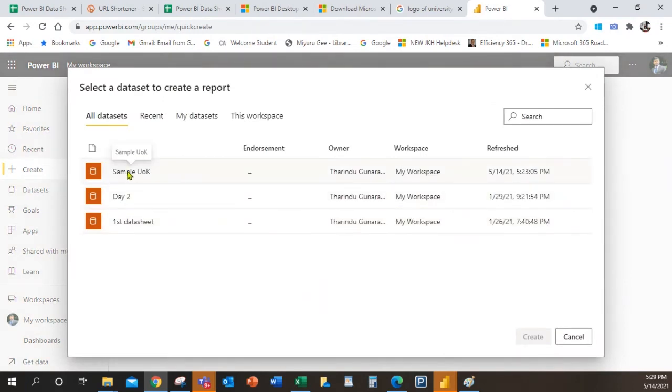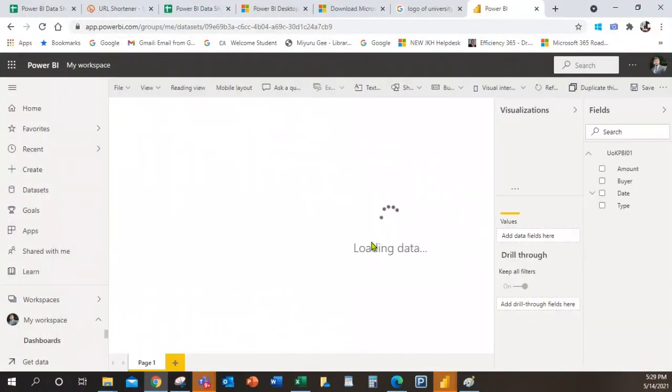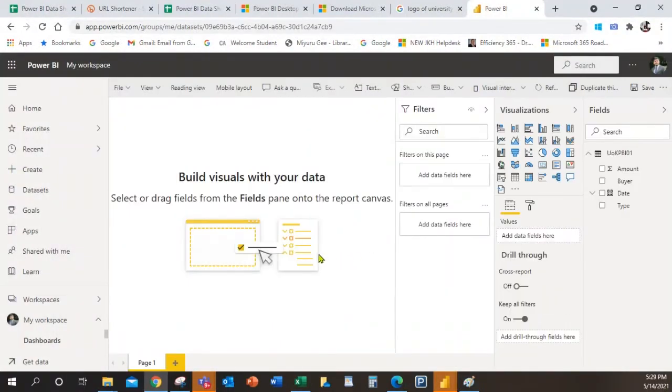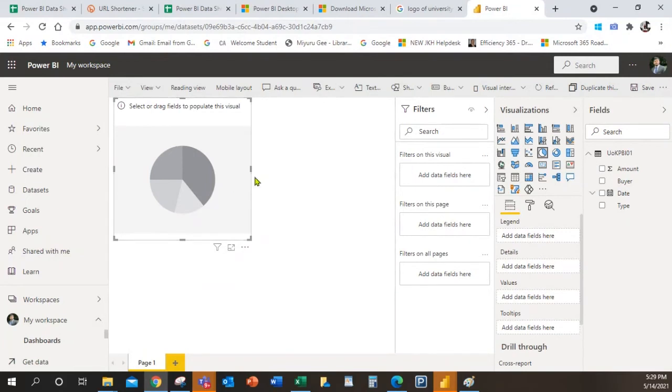I am selecting this dataset, which is sample UOK. Now this is the report view. By using that dataset, you can do the same thing on the web. This is the web version, and it is very familiar to you, so you can do the same thing here.